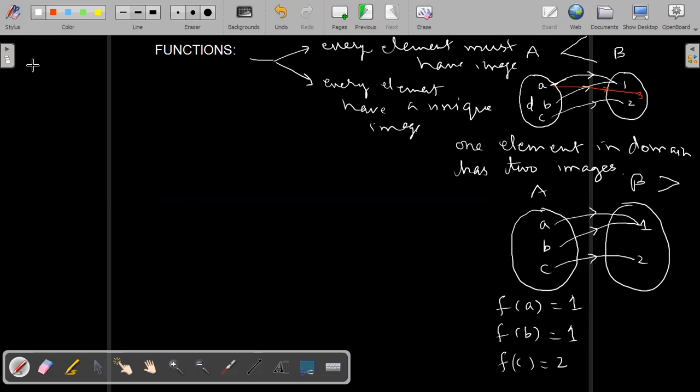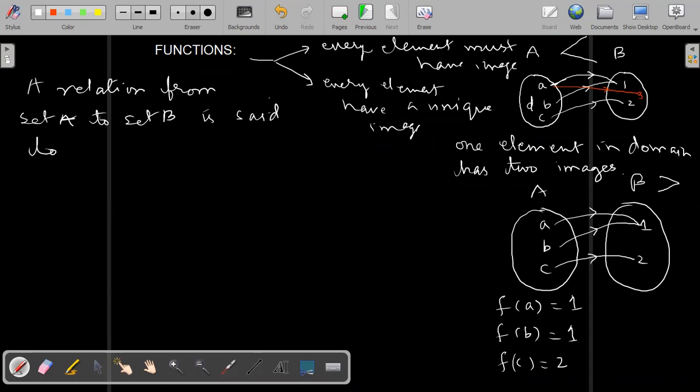So how will we define it now? A function can be defined in many ways. A function is a relation, but it is a restricted relation. So a relation from set A to set B is said to be a function if and only if